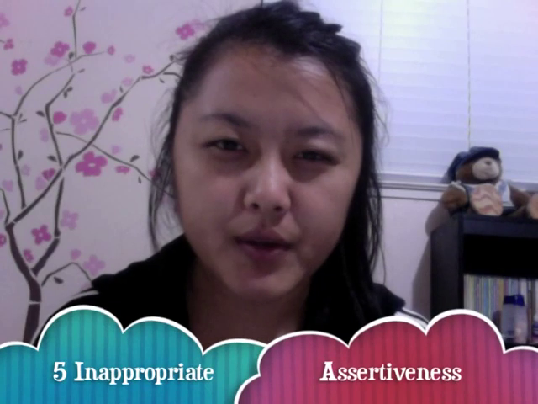Five inappropriate assertiveness would be: 1. To be shy, 2. Fearful, 3. Afraid, 4. Timid, and 5. Nervous. Having one of these would make it difficult for you to get the job done as an interpreter, because if you are too shy, then you won't be able to face the doctor nor the patient. Being fearful of interpreting will make it hard for you to interpret. Being afraid, timid, and nervous will make the job even harder for you.